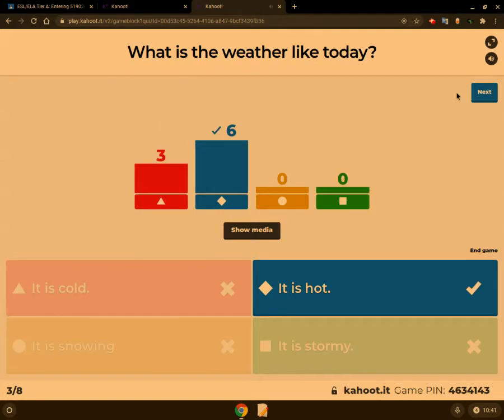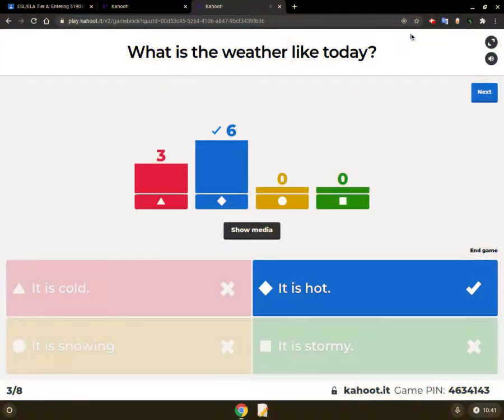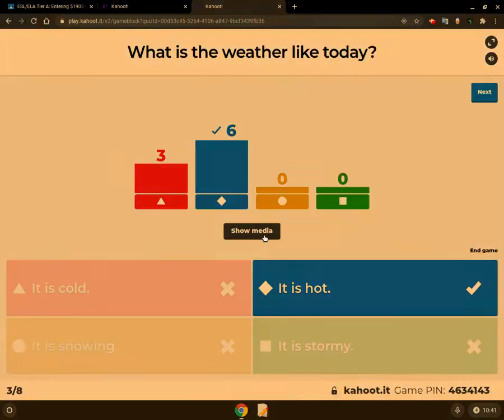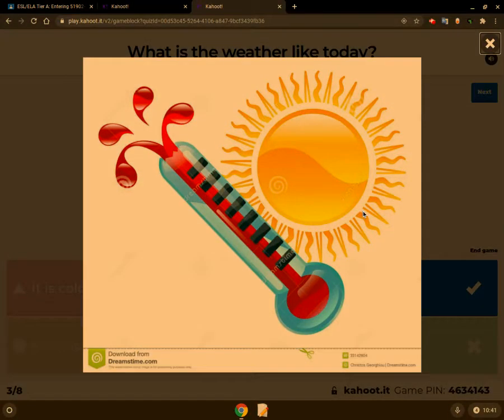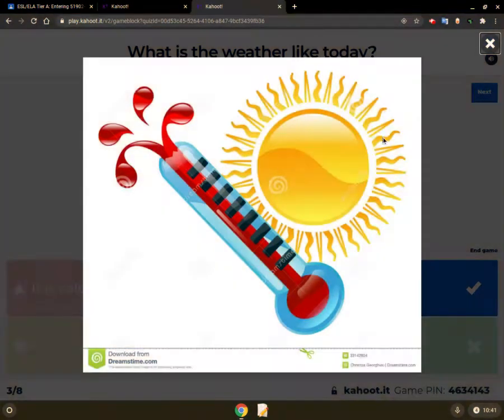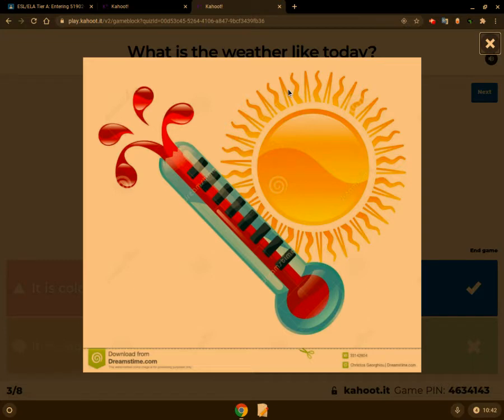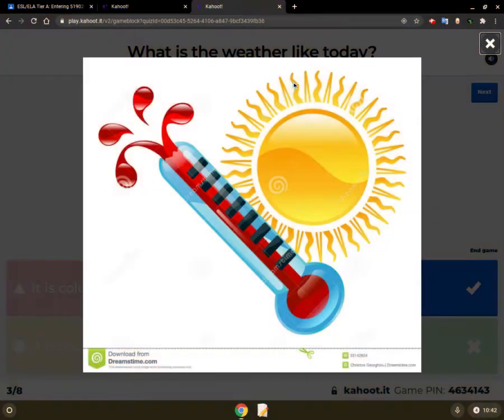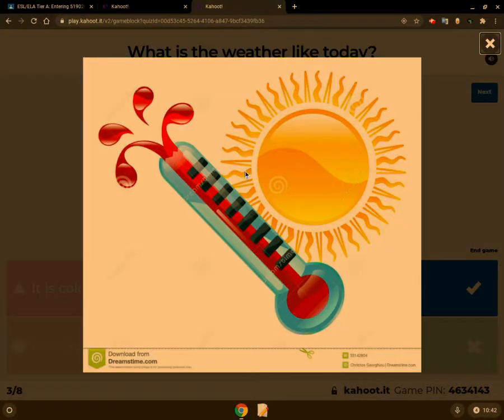So it is hot. How do we say hot in Spanish? How do we say it in Portuguese? Okay. How can we tell that it's hot? So this is a thermometer.